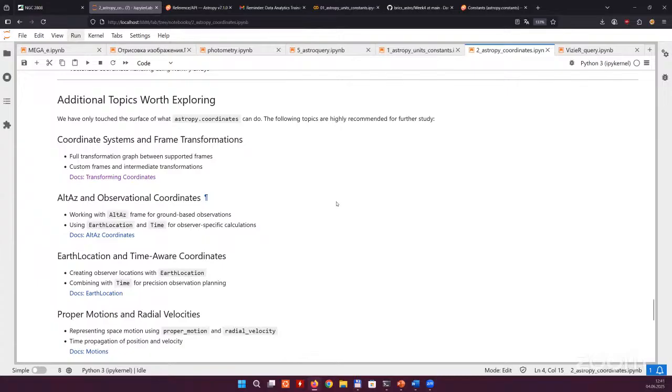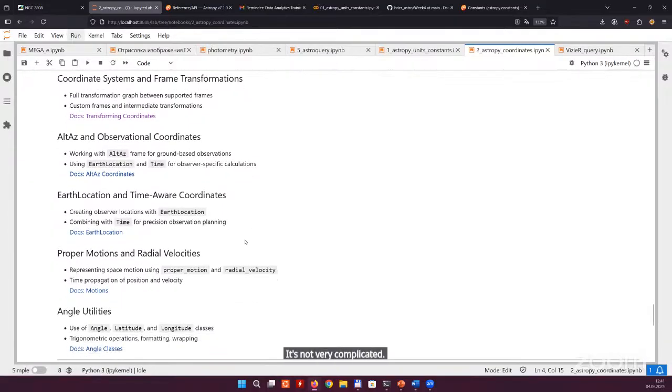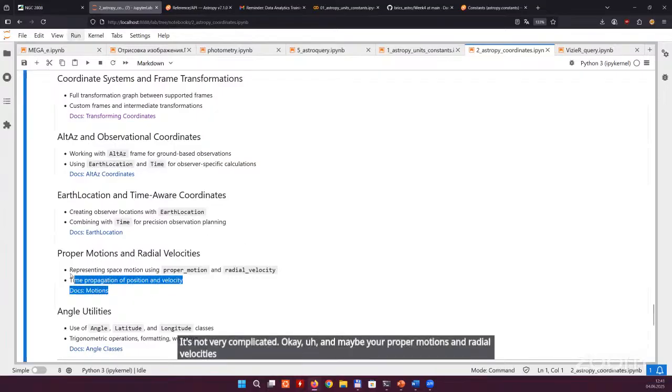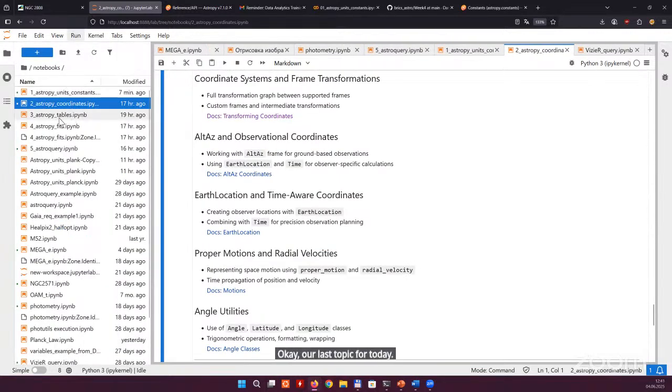The same way, additional topics for you to learn, maybe more about coordinate systems and frame transformations. It's not very complicated. Okay, and maybe proper motions and radial velocities you can find here. Okay, our last topic for today with me,